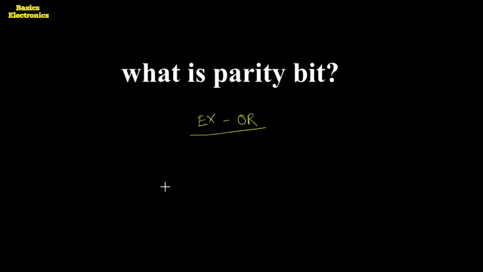This parity generator is constructed by using the XOR gate. Now this XOR gate is very familiar to us because we have seen various applications of the XOR gate, in which the half adder is there, then the full adder, then the controlled inverter, and all the other applications. So I think there is no need to explain all about the XOR gate. In brief, we will see what type of output is produced by the XOR gate and what type of symbol we use for it.